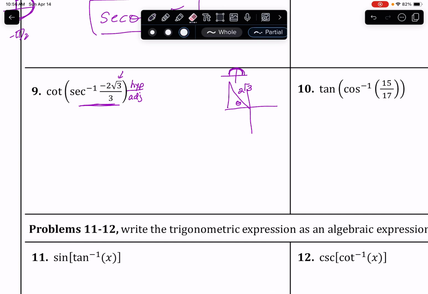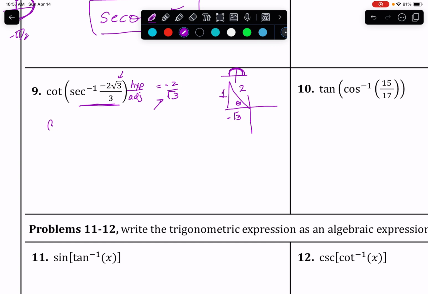actually, let's rewrite this, because that's weird. It's negative 2 square root of 3 over 3, but that's the same thing as negative 2 over the square root of 3. That's a more common way we'll see that switched around, because that's negative square root of 3 over 2 flipped. So that means that this would be 2, and this would be negative square root of 3, and then this would be 4 minus 3, which is